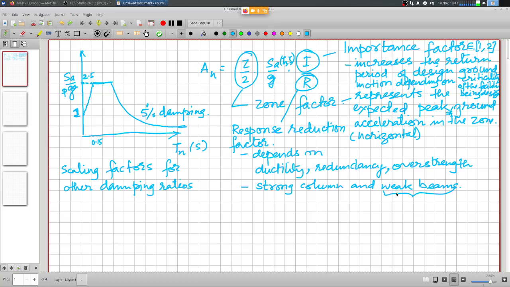And that's a very critical assumption for earthquake resistant design, that we need the building to sustain some damage during strong earthquakes, but then that damage has to be according to a designed or pre-specified failure pattern. So hinging has to take place only in the beams. Plastic hinges should not form in the columns, right? So column capacities have to be much higher than the beam capacities. Now, how do I ensure? It's impossible to ensure